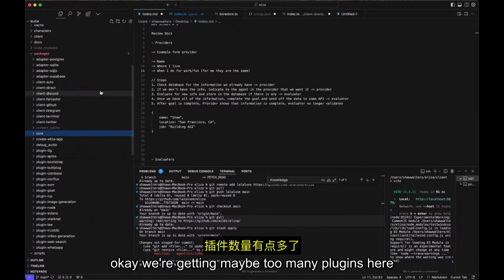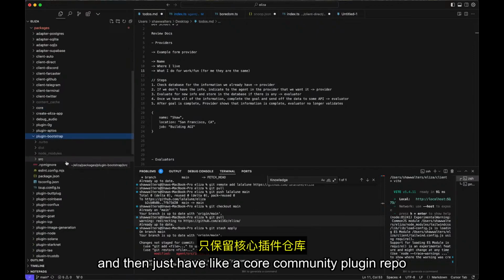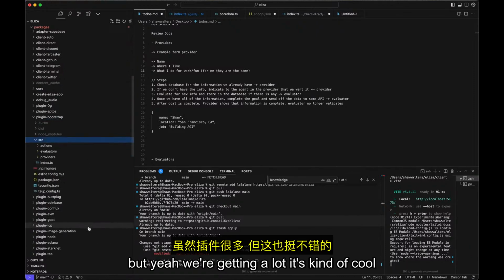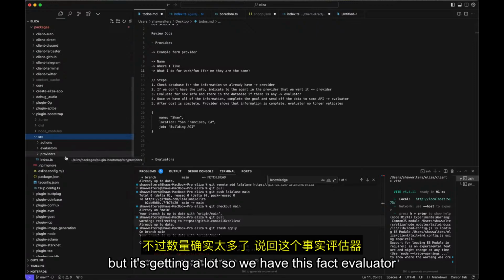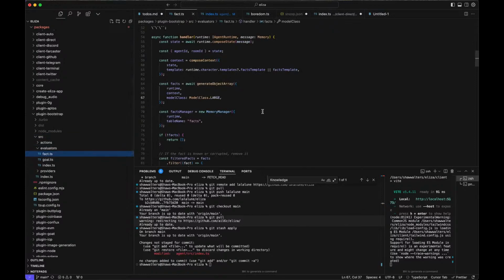Okay, we're getting maybe too many plugins here. It's kind of nuts. We're going to move a lot of these into a community repo and then just have like a core community plugin repo, but yeah, we're getting a lot. It's kind of cool, but it's getting a lot. So we have this fact evaluator, and